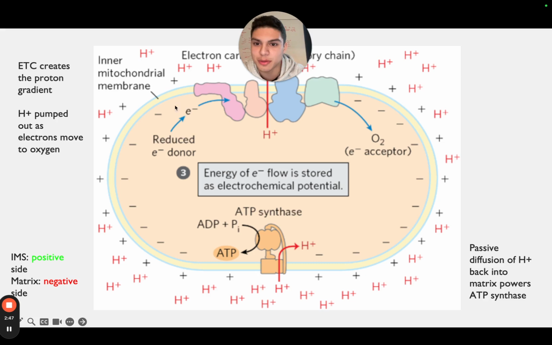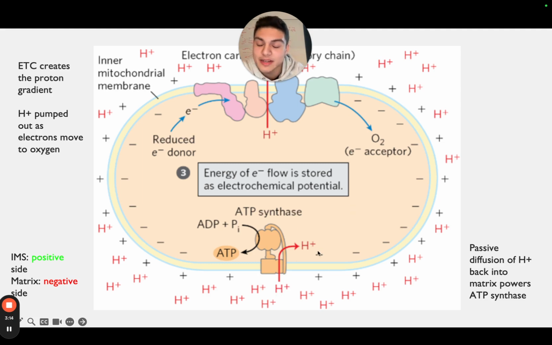Because the protons are leaving the mitochondria, we're going to form this dipole of it's more positive on the outside than the inside. Therefore, the inside is more negatively charged. We're not adding more electrons. It's just the fact that the protons are leaving that's causing this negative charge to form inside the mitochondrial matrix. And so you can see this distribution or dipole, you could say even, of the pluses on the outside and negatives on the inside. And then eventually that's going to drive this proton motive force